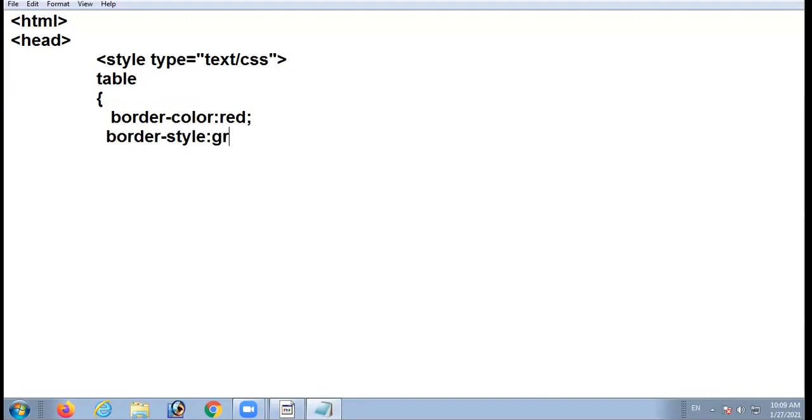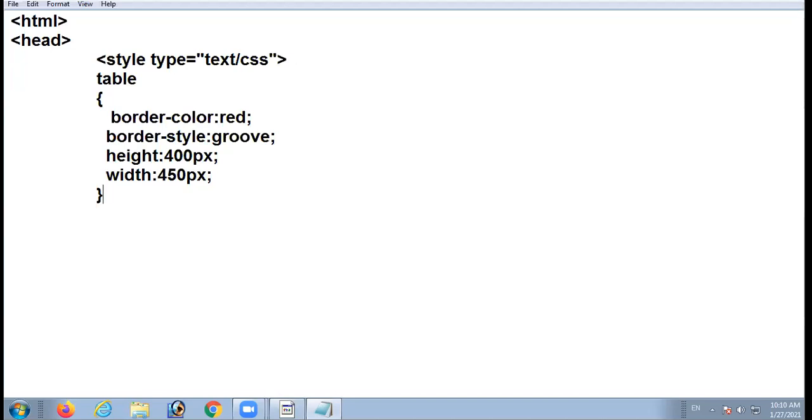I am taking the groove style. Now I am taking height 400 pixels, width 450 pixels, and I close the table selector.